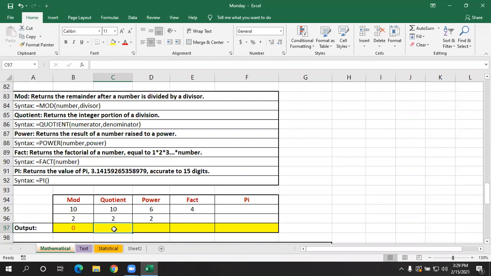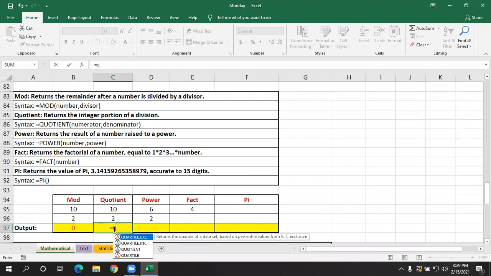now to know the quotient, we'll be using the QUOTIENT function only. I'm taking the same numbers, that is 10 and 2. QUOTIENT is a function. At the top, I'll give 10. Numerator is nothing but 10, comma, denominator I'm giving here 2. Again, this is the same, 10 by 2. 2 5s are 10, right?